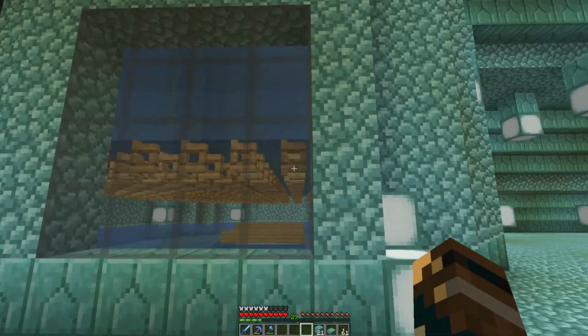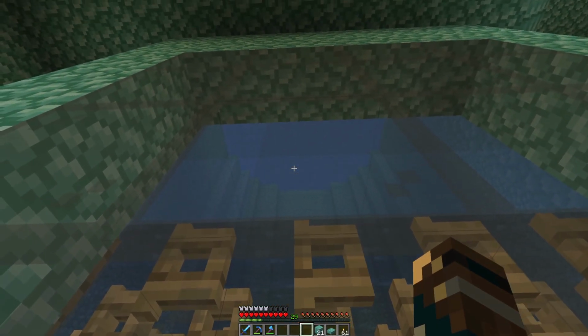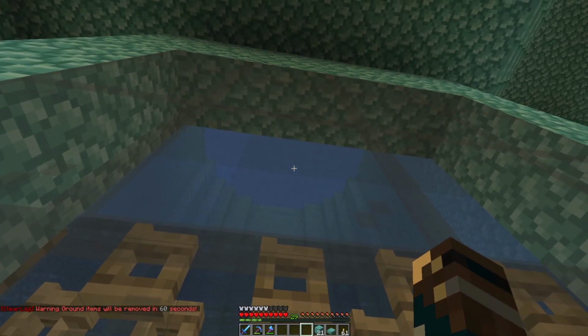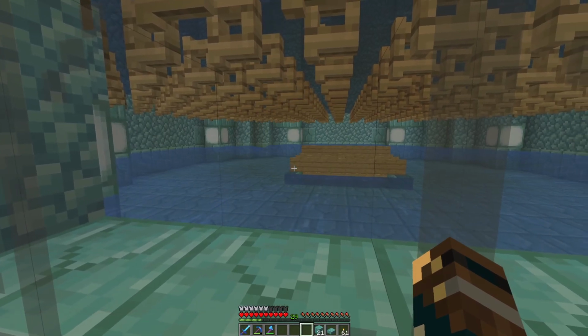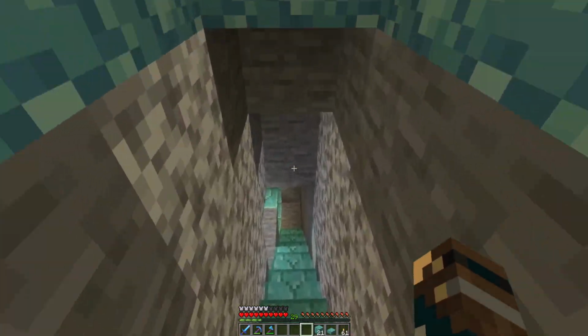The first one is done. So it's still open to the sky, so I need to cover that at some point, but there's water source blocks up there at the top that flows down onto these fence gates. There's a little bit of gap, and then all of this water is pushing it into the center. And down below